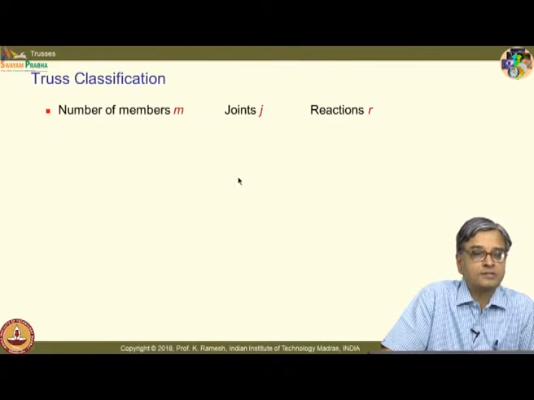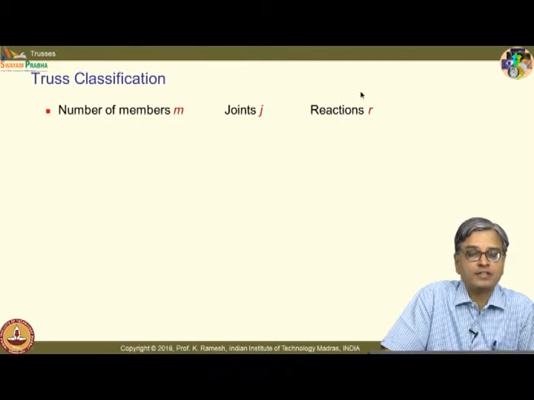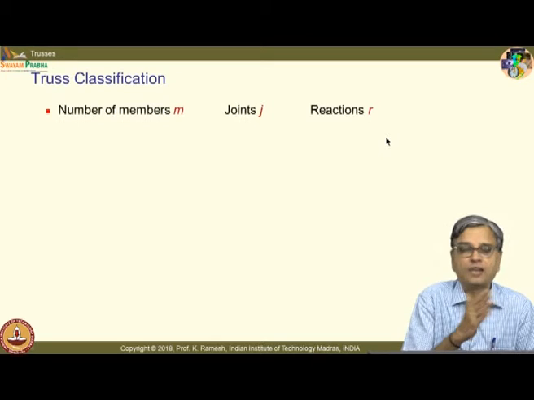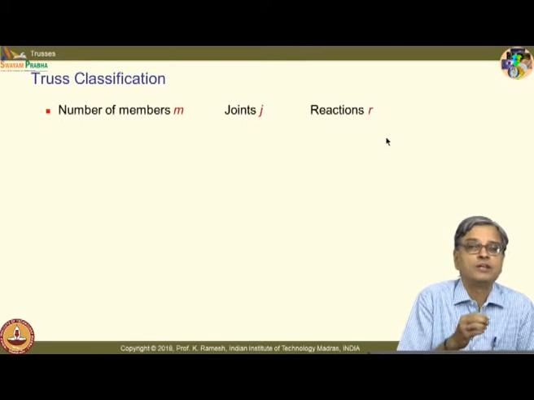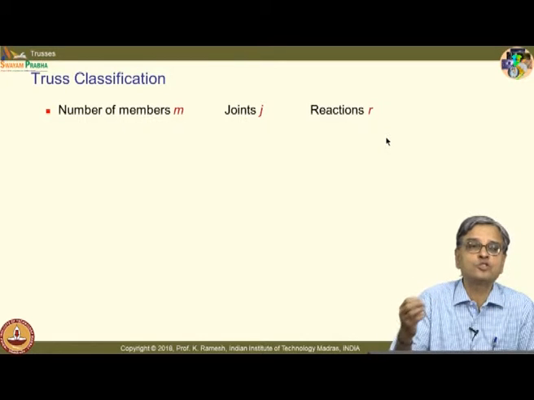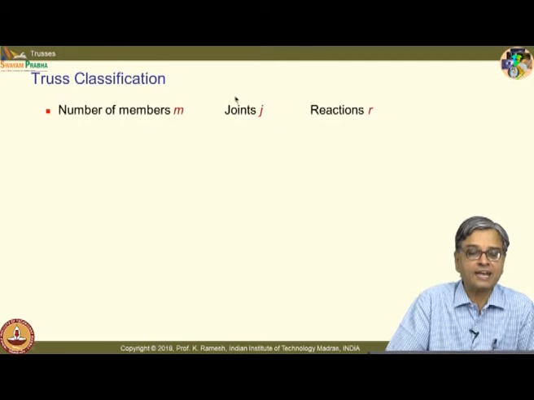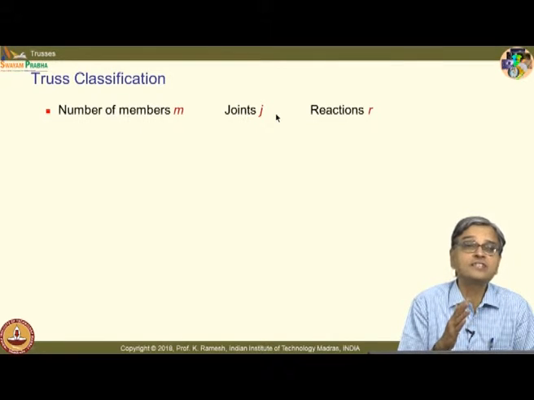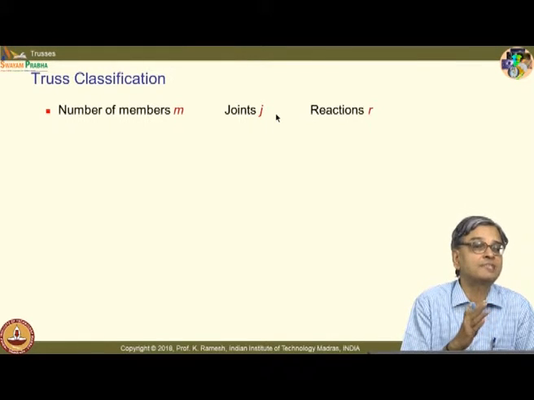What are the unknowns? I need to find out the forces in the members and the reactions. These are the unknowns in the problem. If I have unknowns, I should have an equal number of equations to solve for them. At every joint, when I idealize this as a pin joint, I am talking of a planar truss. How many equations can you write from the principle of statics?